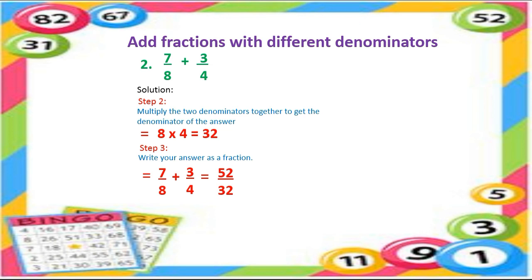So what is the next step? Yes, very good. We can reduce this fraction. Now we can reduce this by the table of 2. 2 twos are 4 and 2 sixes are 12. Similarly, 2 ones are 2 and 2 sixes are 12. What is left here after reducing them? 26 upon 16. We can reduce them one more time. 2 ones are 2 and 2 threes are 6. Similarly, 2 eights are 16. 13 upon 8. Can we reduce them further? No. So this is our answer by using the crisscross method after adding fractions with different denominators.